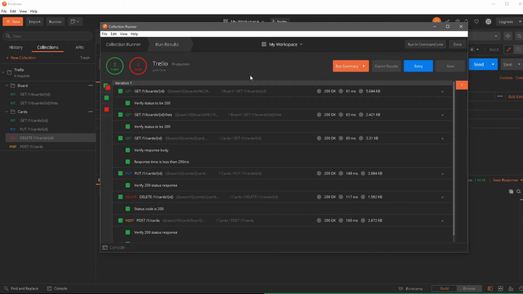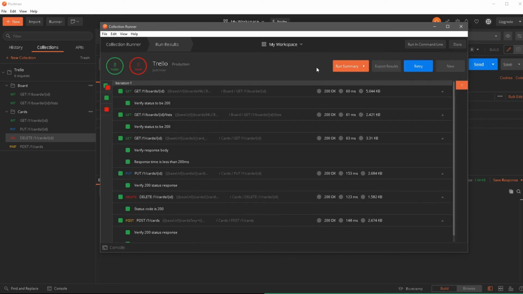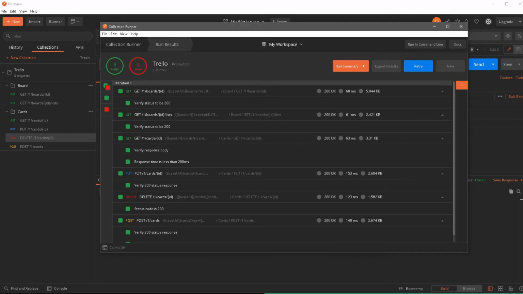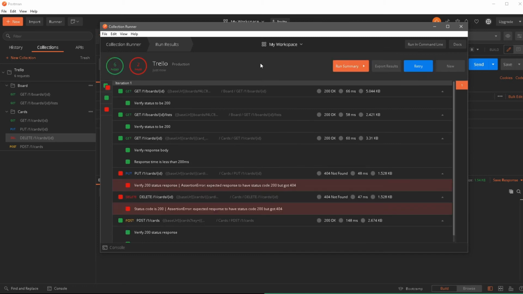Now this time it passed because this time it ended up picking up this new card ID. So our test passed and there were no issues. Let's retry this again. Okay, so no issues. This time it ran because it's picking up the new card ID. Well, the way this is working is, you might think everything is good, it's actually working, there's no issues. But if I quickly come in here and just delete this thing again, and now run this test, try to do a retry. There you go, our test is failing again.